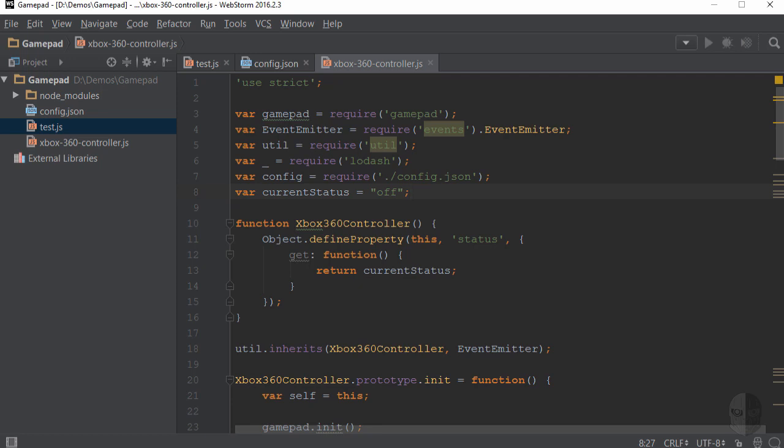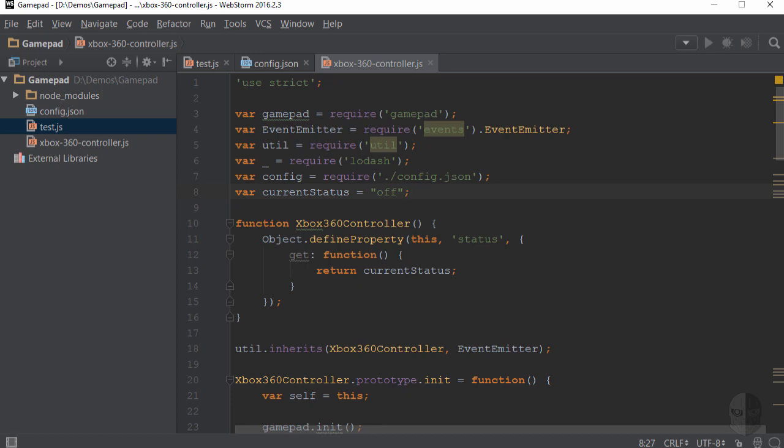If you've been coding along with each of the lessons, you might notice at this point that things are a little sluggish when pressing buttons quickly or moving any of the axis controls. This is primarily due to the change I made in the previous lesson where I moved the gamepad.detectDevices call inside of the getConnectedControllerIDs function. Since each event handler inside of the controller module calls into the isXbox360controller function, and this function turns around and calls the getConnectedControllerIDs function, the gamepad.detectDevices call is being made every time a button is pressed or an axis is moved, in addition to being called every half a second, which is really just highly inefficient